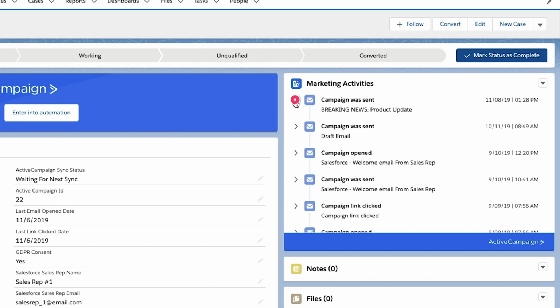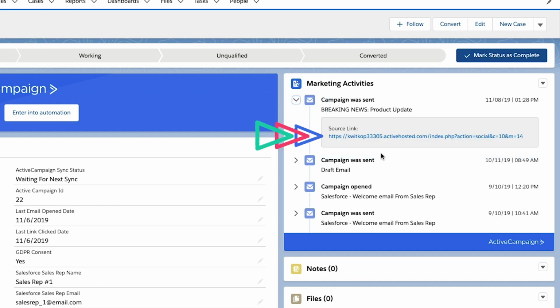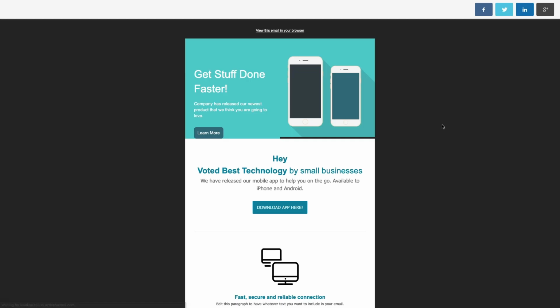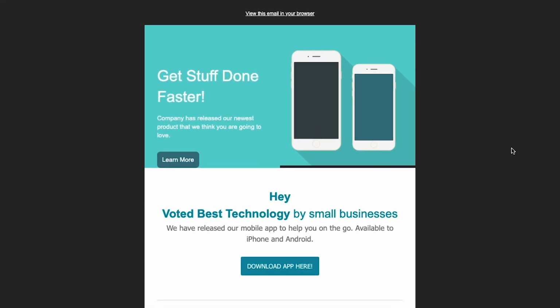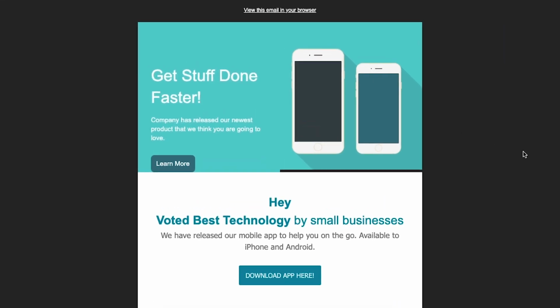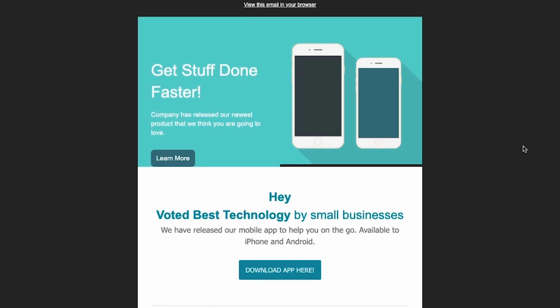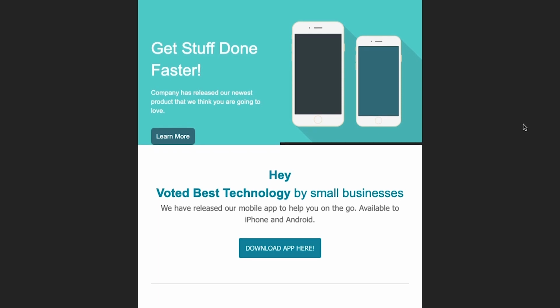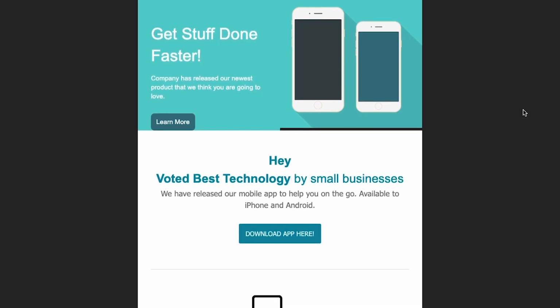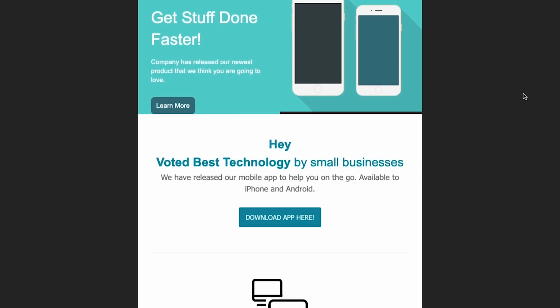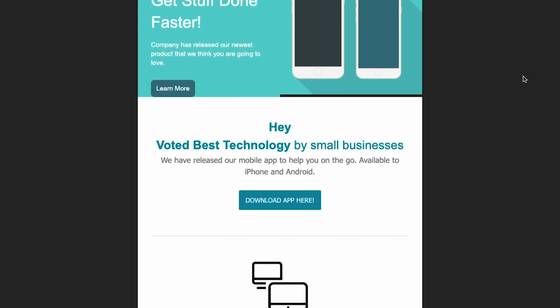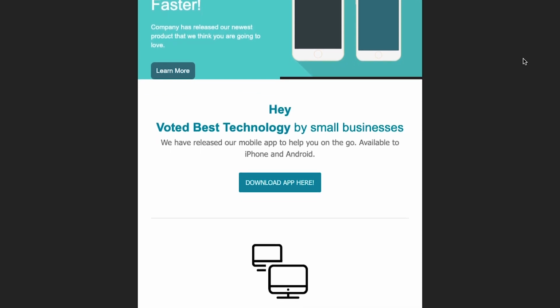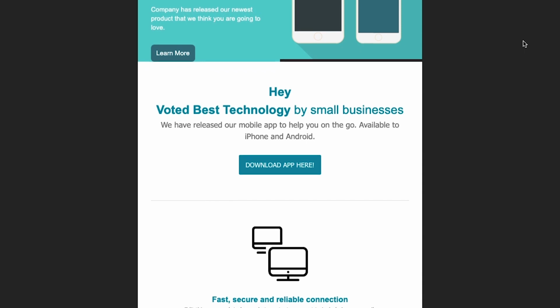When you click on the caret here, you'll be able to see the link to the particular email that was interacted with. If I click on this link, I'll be able to see the exact email that was sent and the exact email that was opened. This is super nice for sales representatives because while the marketing team might be familiar with all the emails and marketing activity that's being sent, the sales rep is not as familiar, and this allows them to get a better